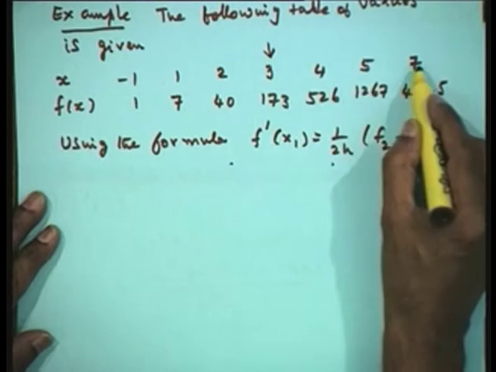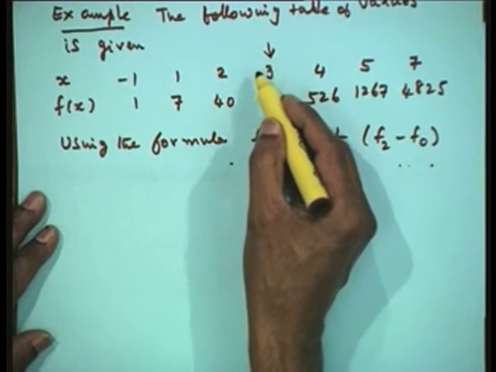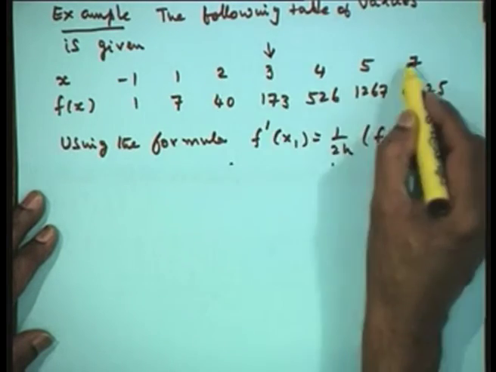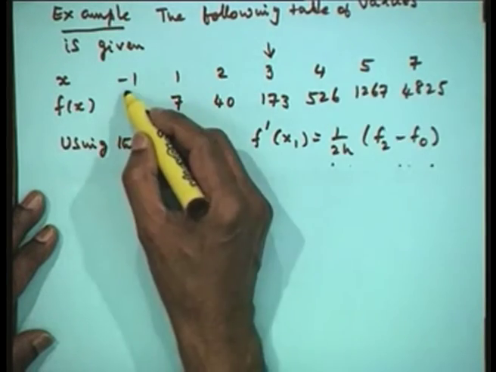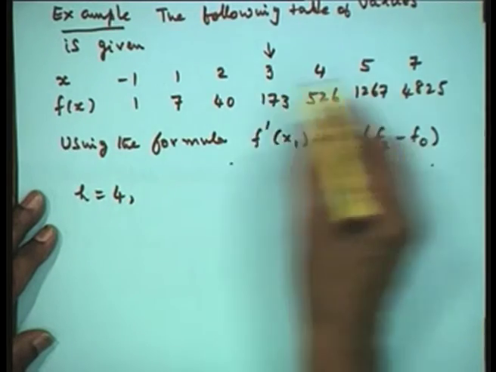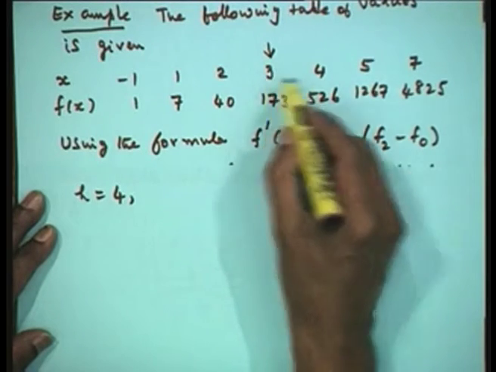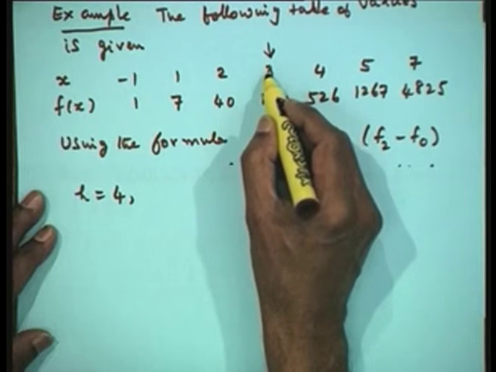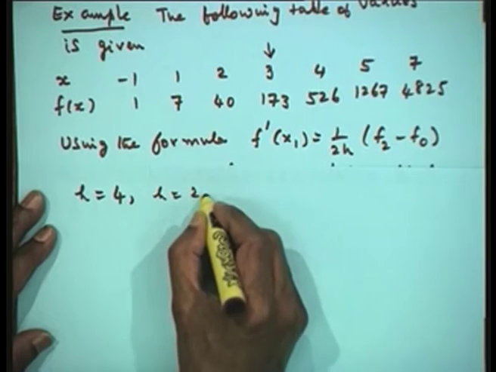Now, you can see 7 is here, which is at a distance of 4. Now, if there is a value available for us at a distance 4 behind, I can use the formula. This is 4 ahead and this is 4 behind. So, I can use these two values with a step length of h is equal to 4 and get an approximation for this. Now, with 3, 5 is also given, which is a distance of 2, and at a distance of 2 behind also is given to us. So, I can also compute with h is equal to 2.